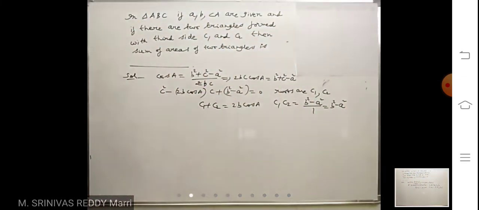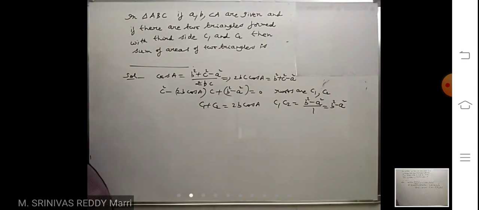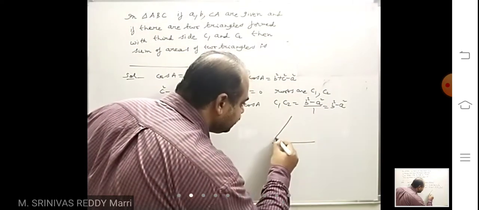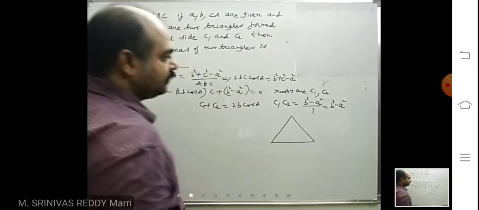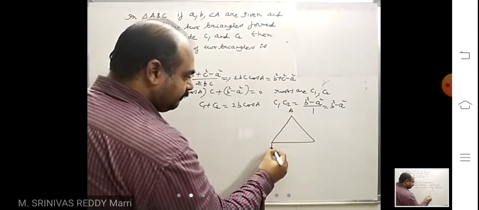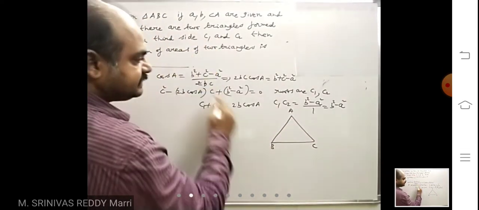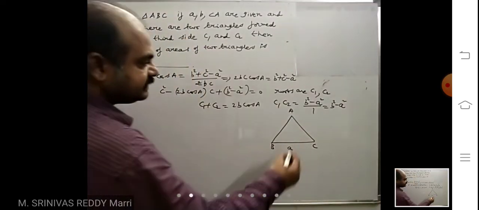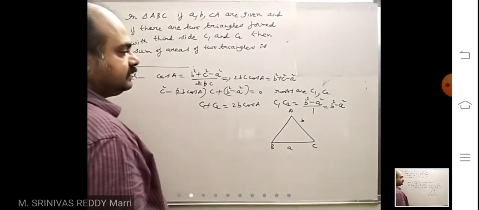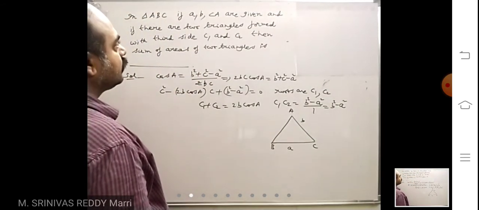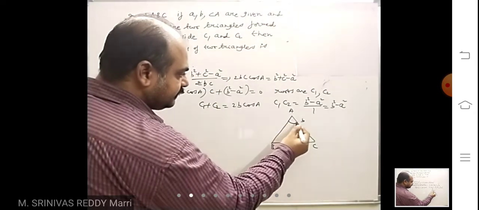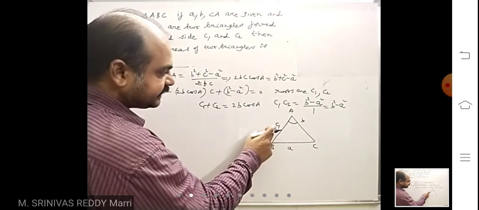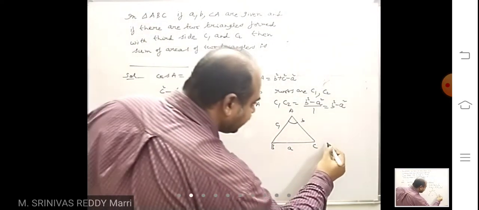You got these values. Now what he is asking is, these two triangles are there. These two triangles will be like this. Look at, one triangle is there like this. One triangle ABC. This is a, this is b, and this angle A is given. This one is c1, let us say. This is one triangle, for the side c1.